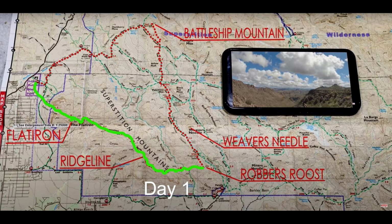From there, you'll make your way off trail from the Carney Springs junction to the Robbers Roost area without a map or trail, where if you can find it, you'll be able to set up camp. All of this has to be accomplished on day 1. Day 2 brings you from Robbers Roost to the Fremont Saddle for that impressive view of Weaver's Needle, eventually making